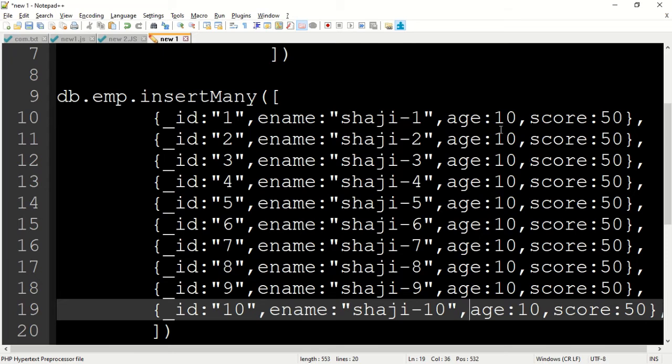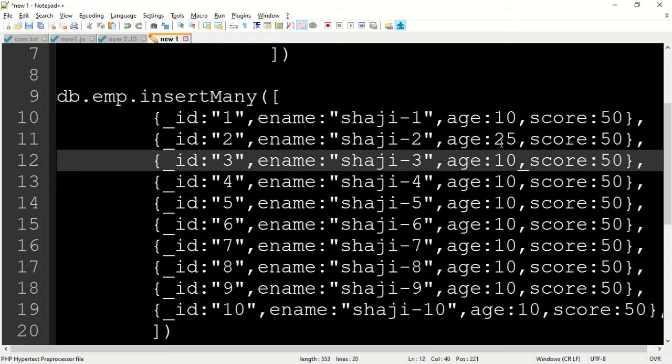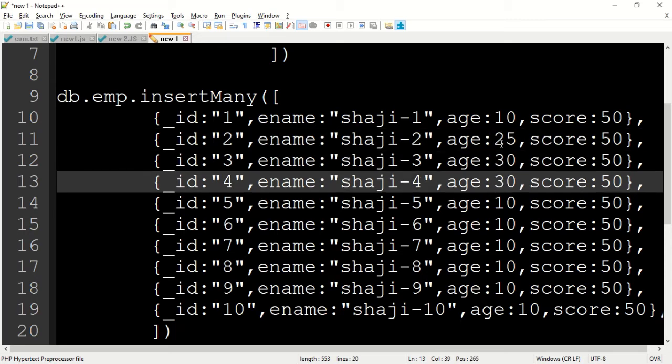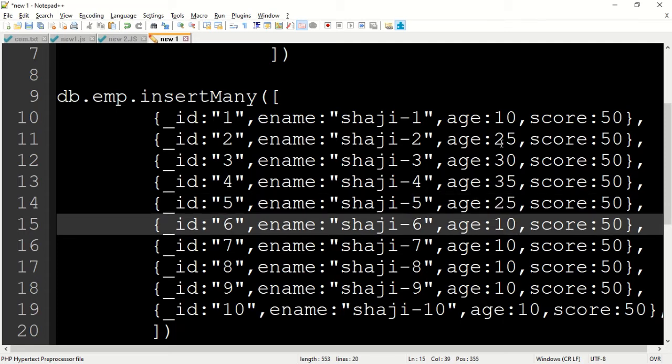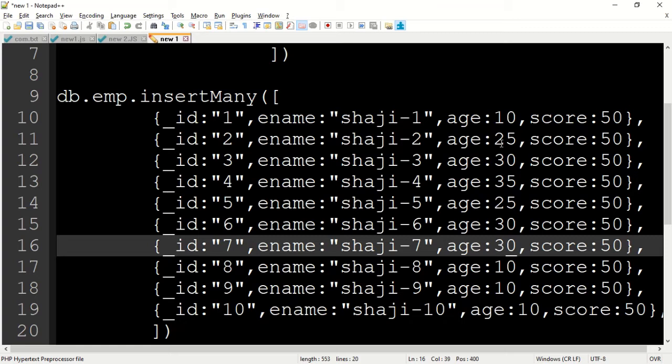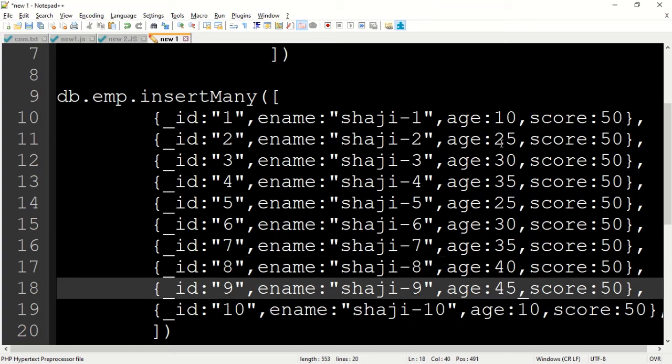Again here, I'll take the ages as 25, 30, 35, 40, 45, and so on.